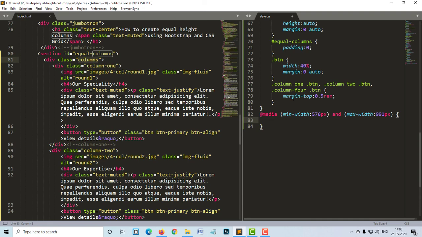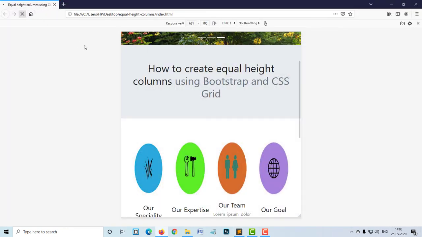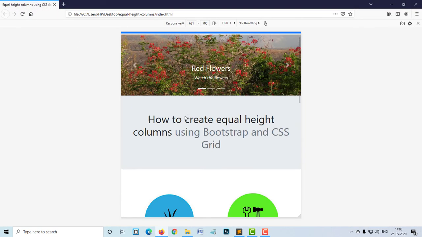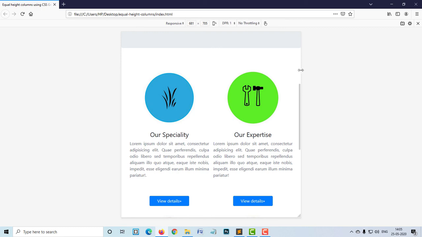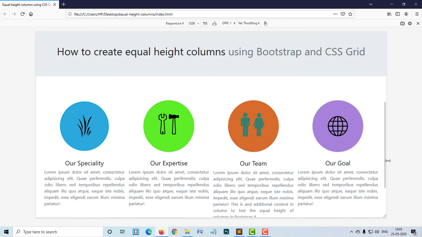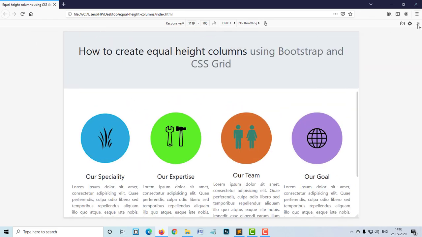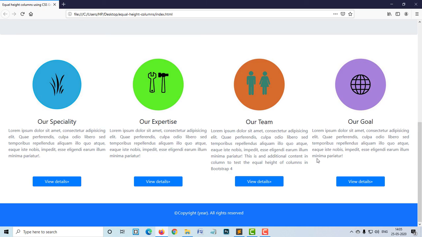And here we'll target that class of columns, and we will keep them as 2 columns per row instead of 1. Save it, and then if you refresh the browser now, you will see there are 2 columns for slightly larger viewports, and then they will go to 4 columns as we increase the size. So this is how the content will respond to the various viewports.